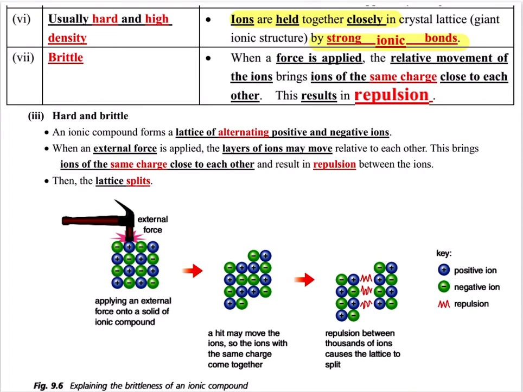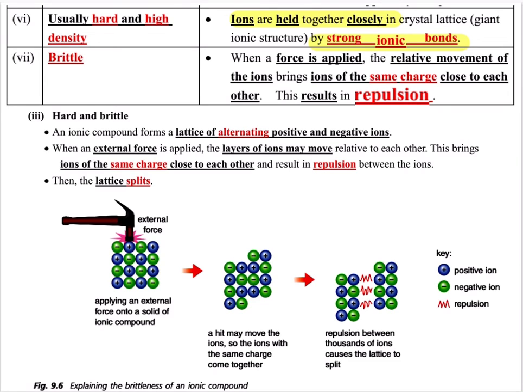Because there is very strong attraction between the ions, they are packed tightly, so they have high density. What is density? Density is how closely packed they are, very densely populated